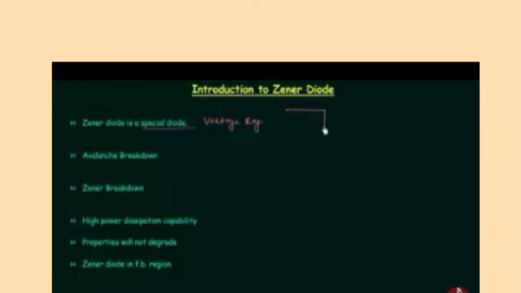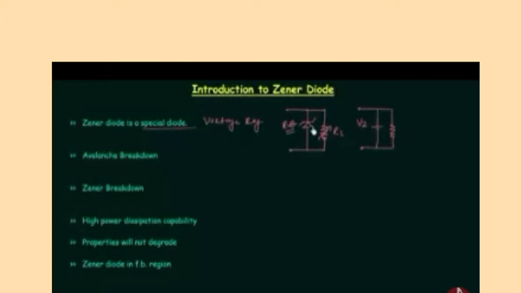Let's say RL is the varying load resistance, meaning the load. I will connect the Zener diode like this, using the symbol of the Zener diode. If this Zener diode is reverse biased, then we can replace the Zener diode by a constant voltage source, and the voltage is equal to Vz. This voltage is given in the specification sheet of the Zener diode.